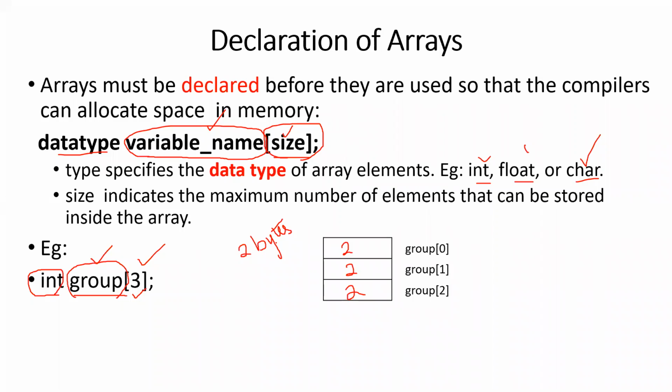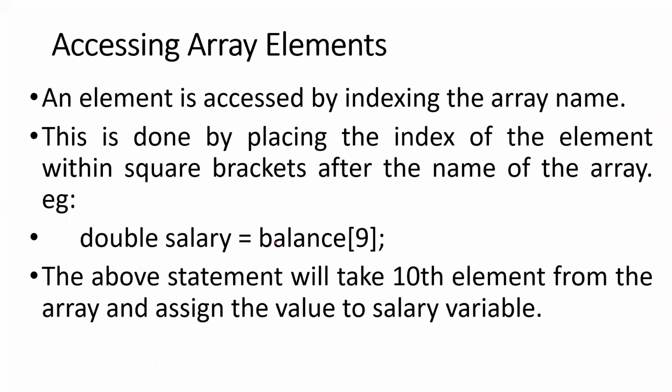Okay, so here this will be 6 bytes. So this is the way you declare an array. Now accessing array elements: we studied how to declare an array and what the syntax of an array is. Now we were telling that a single variable name will be used